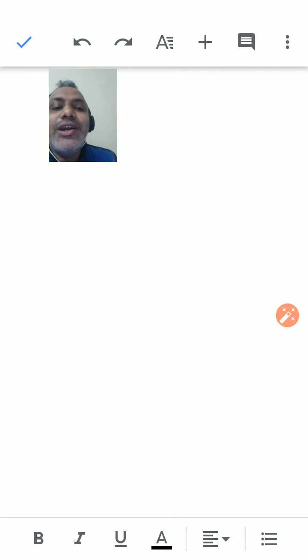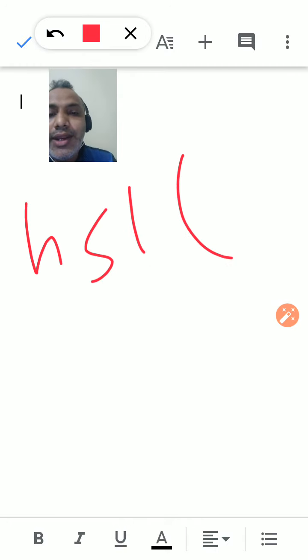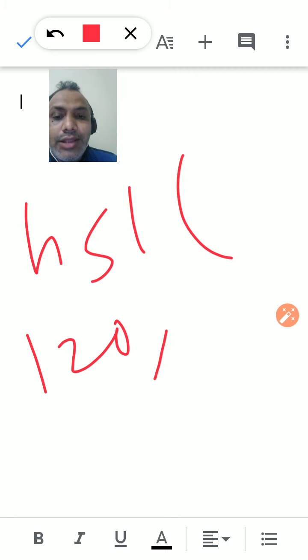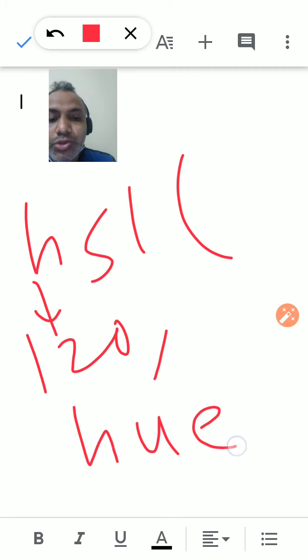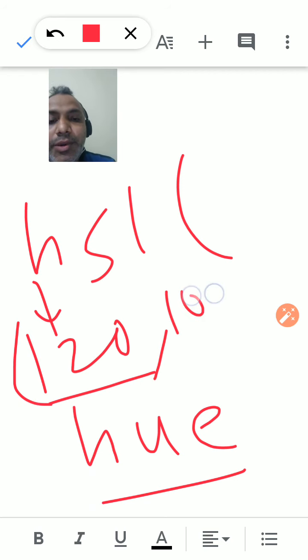So how do we write this? HSL, as the name suggests. Then in brackets, I want to take the green color, whose degree is 120. So the hue is 120, then a comma, then saturation is 100%. I can represent S from 0 to 100.